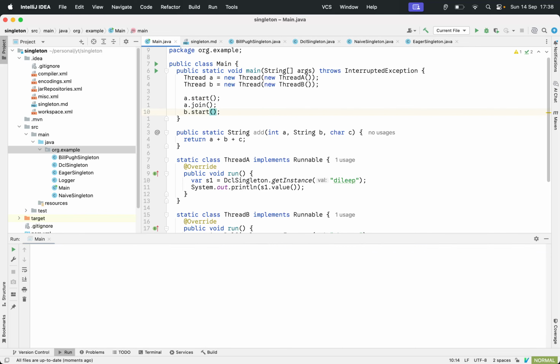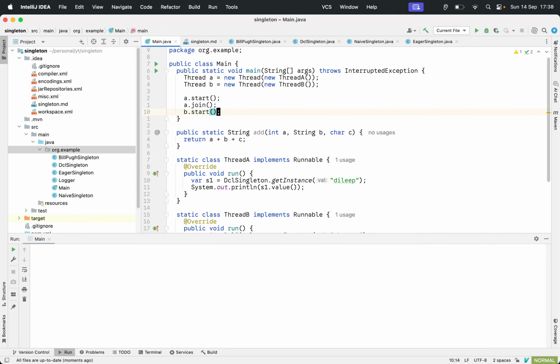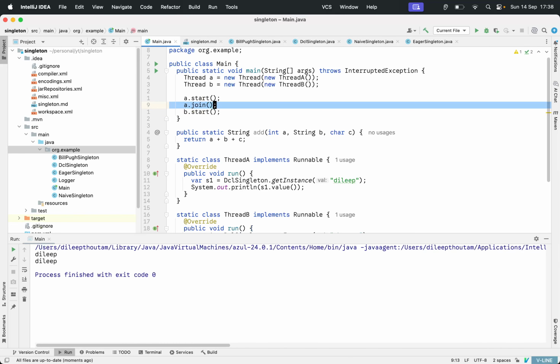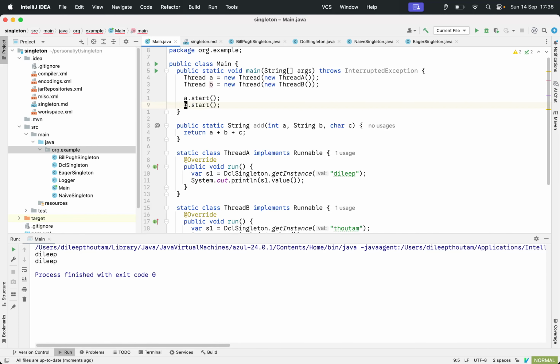That means the other threads are waiting for it to complete. Now the point is both should have the same value.